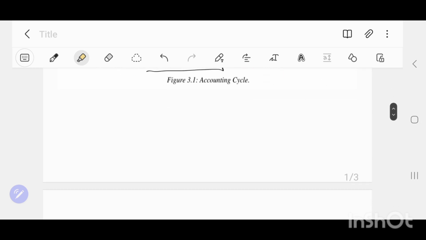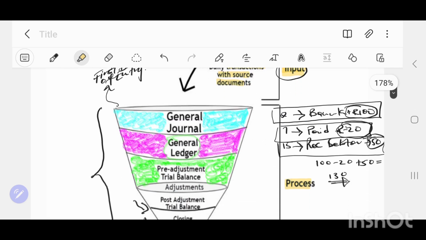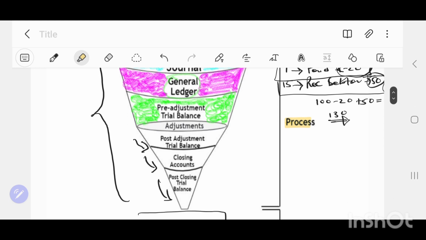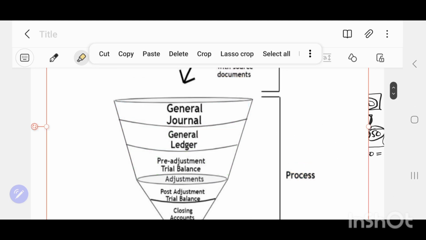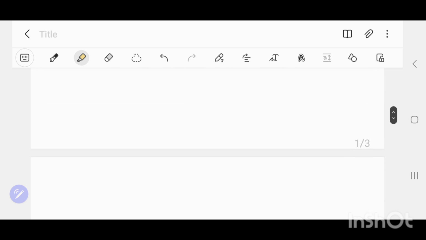And I hope it makes sense. So this is basically what the accounting process is about. You'll be taught during the semester all these steps one by one, and you'll see how all these things look. And then let's continue. So the other concepts that we are going to talk about include